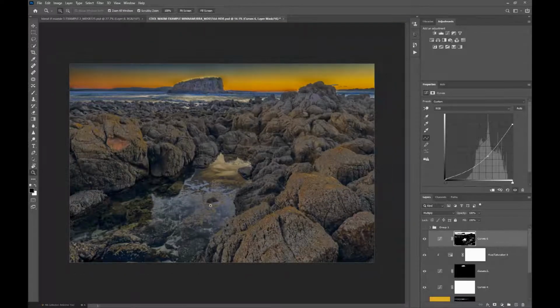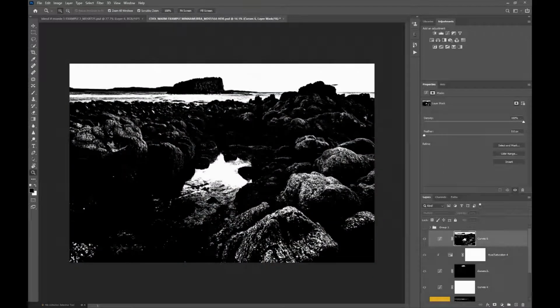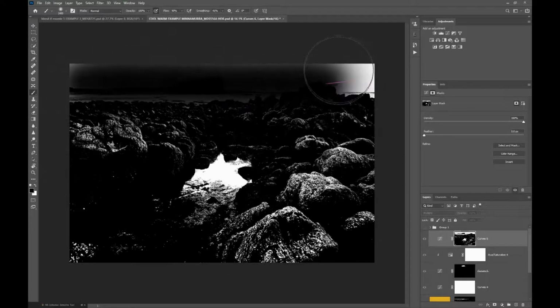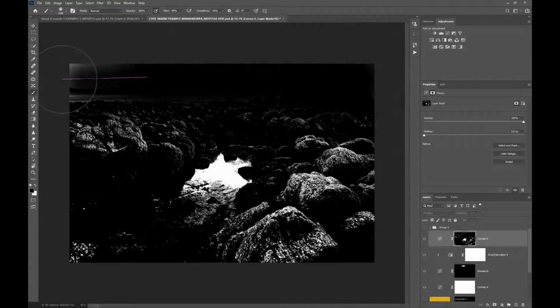So now with the image back in view, we can see that the rest of it looks terrible. Let's go Alt, click on the mask, and let's get our trusty brush, and this can be done in a matter of a few seconds. Remember, if you have your caps lock key on, you won't see the size of the brush. Now here we can use a very large brush because we want to paint out everything with black except for this bottom corner. So select black as our foreground color, 100% opacity. We can get our flow right up to pretty high value, and let's just paint that out. It only takes a couple of seconds to do this,